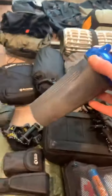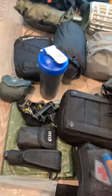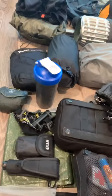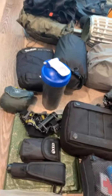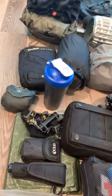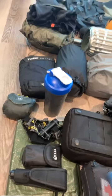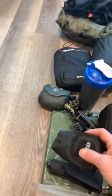So I do have a shaker bottle. This is probably a luxury item that most people on the trek wouldn't carry with them. However, being that I'm going to have some plant-based protein and a vegetable powder pack to help keep those nutrients up, I want to make sure that I'm keeping that separate from my water just because it can get kind of gross. We have my headlamp,